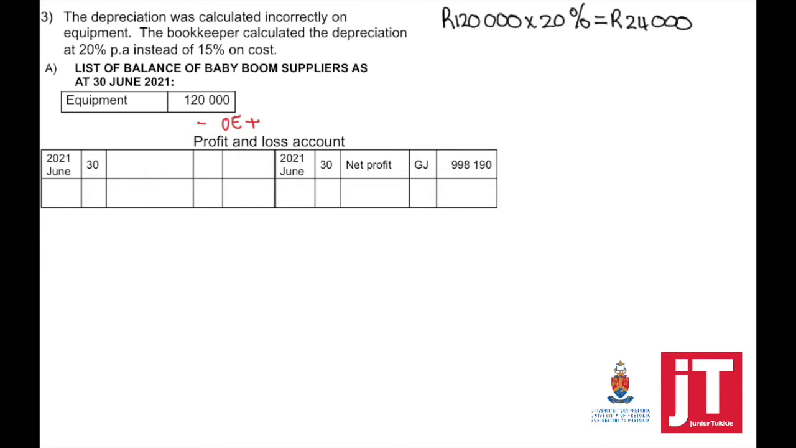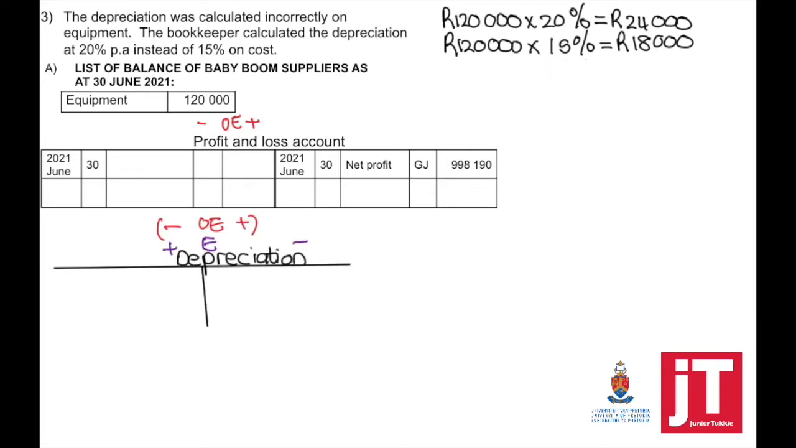So what is happening here? Depreciation was calculated at 20%. Instead, it should be 120,000 times 15%. So to correct this, depreciation was calculated at 24,000. It should be 18,000. This means that we need to subtract 6,000. Now, as soon as my expense decreases, it will have a positive effect on the owner's equity. This means that in my profit and loss account, we're going to add 6,000 to the net